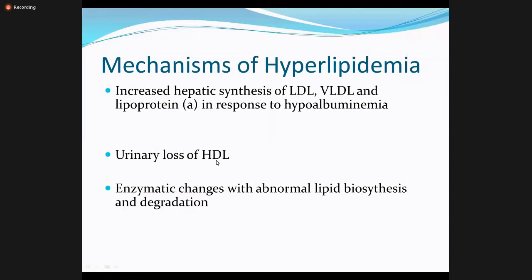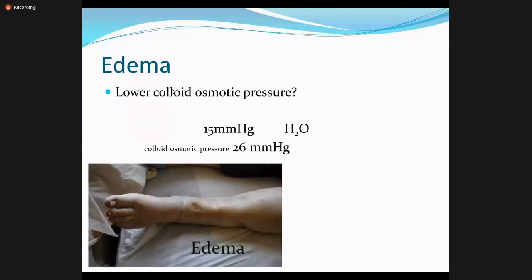Edema is the most prominent feature in nephrotic syndrome, and it is due to low colloid osmotic pressure because of markedly decreased albumin. So decreased colloid osmotic pressure leads to massive edema. To some extent, water and sodium retention may play a role in this edema, but it is not confirmed. The basic pathogenesis behind edema is hypoalbuminemia.